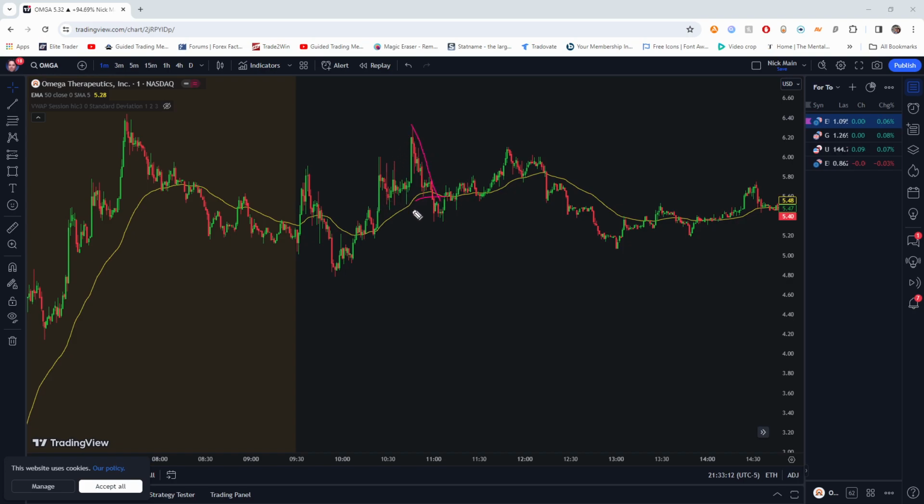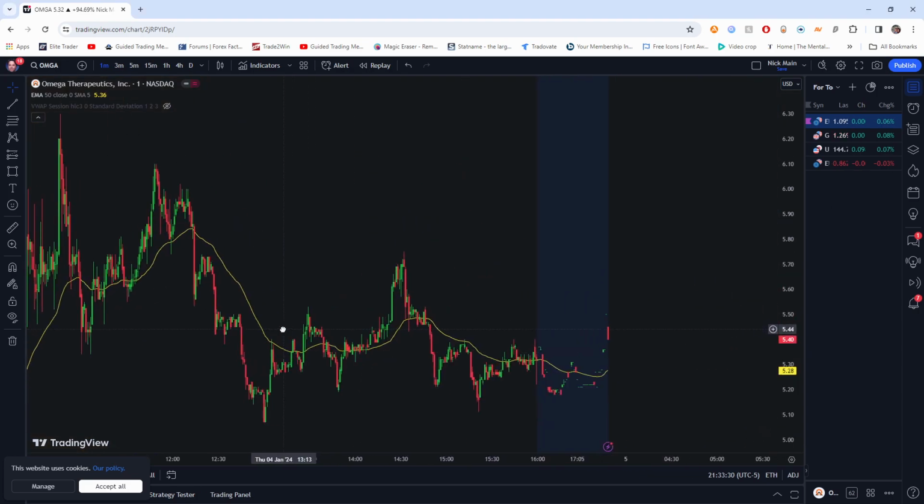You get accumulation at a previous low. Once it gets above the 50 MA, you get a pop higher. And then again, you have this same kind of high area, accumulation, sellers come in, buyers can't get straight back in, and we get that downtrend again. So you can see it doesn't matter